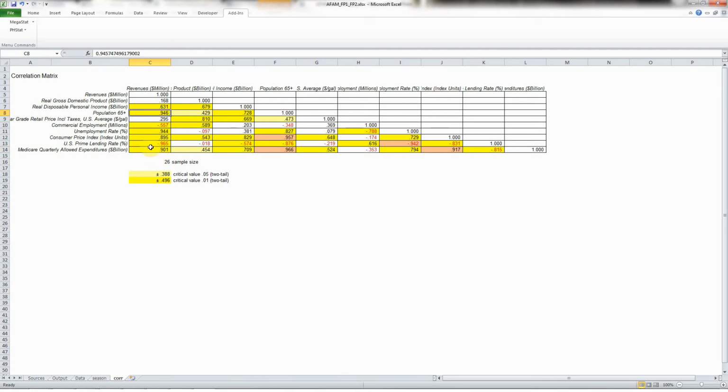It may be a good idea for me to drop out Medicare quarterly allowed expenditures. They're not really that much different. They're both above 0.9. They're both quite good. So, it's neither here nor there at the moment. I do notice that Medicare quarterly expenditures also seems to have,